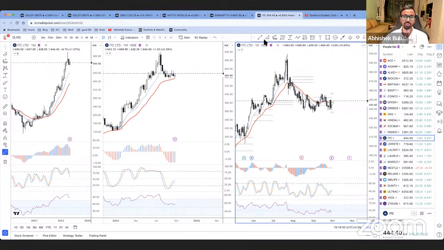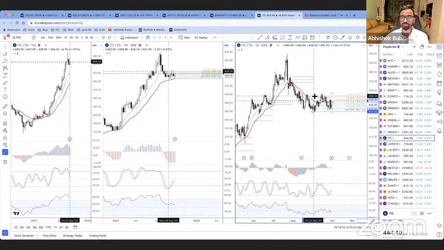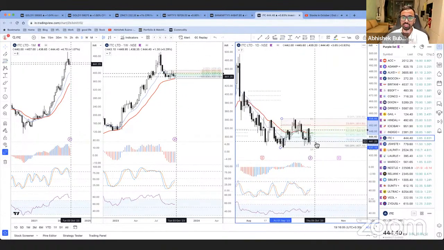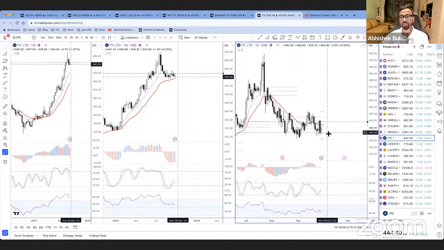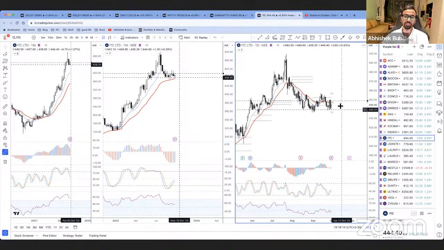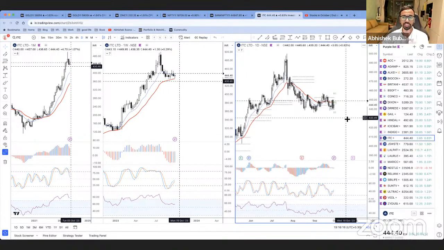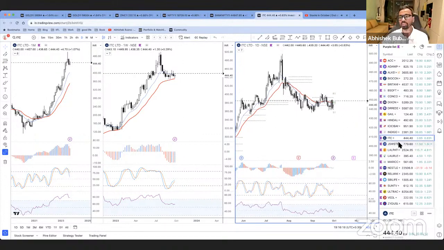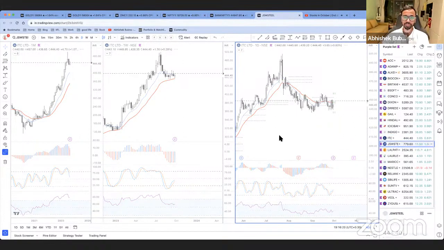And this could be like your 0, 1, 2. So if I draw this, you can see 78.6 is always acting as like a nice support level here. So अगर market का momentum रहेगा, अगर CPR के ऊपर बंद हो जाएगा, so this is something that you can take care of as well. ITC is also in a decent situation.